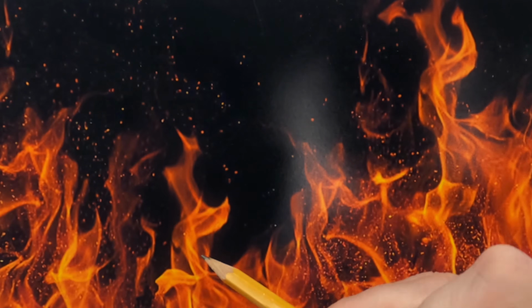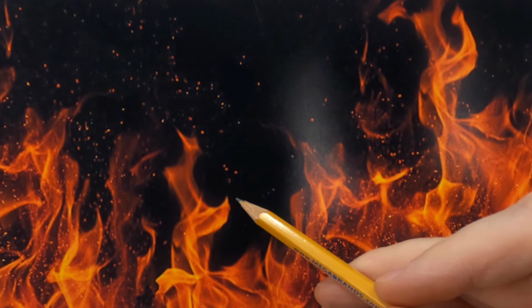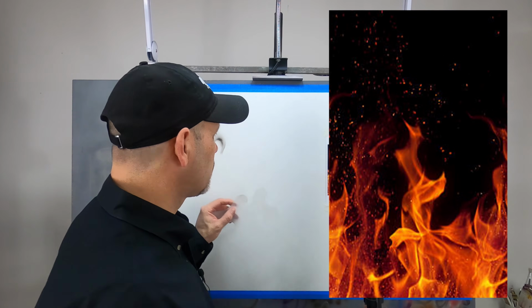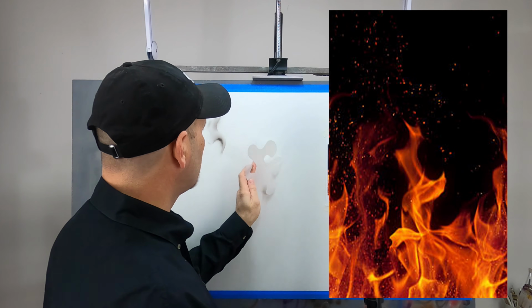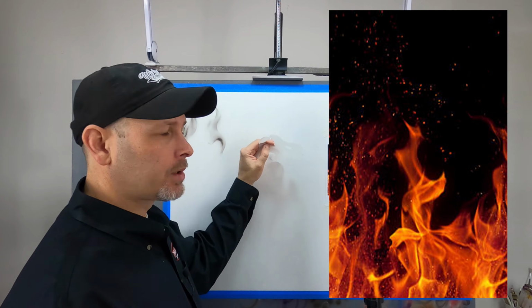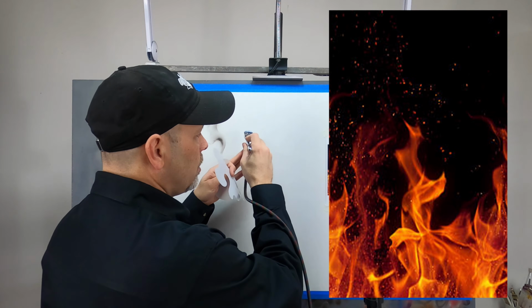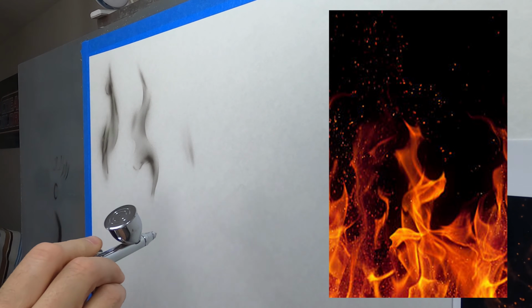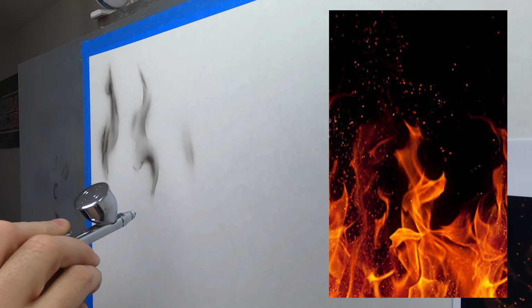So let's pick out another shape on the reference image to work on. Like this section right here, let's work on this lick, which is very similar to what we just did, but it's a little bit different. So we'll work on just this portion right here. This one's very similar in the fact that it comes up and then it's almost a 90-degree angle where that flame lick turns and goes off to the side. So same thing, I could use a freehand stroke to begin, giving myself that column going up.